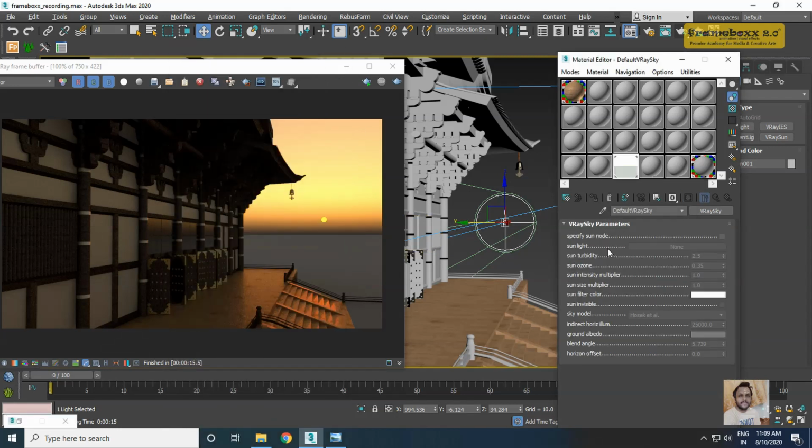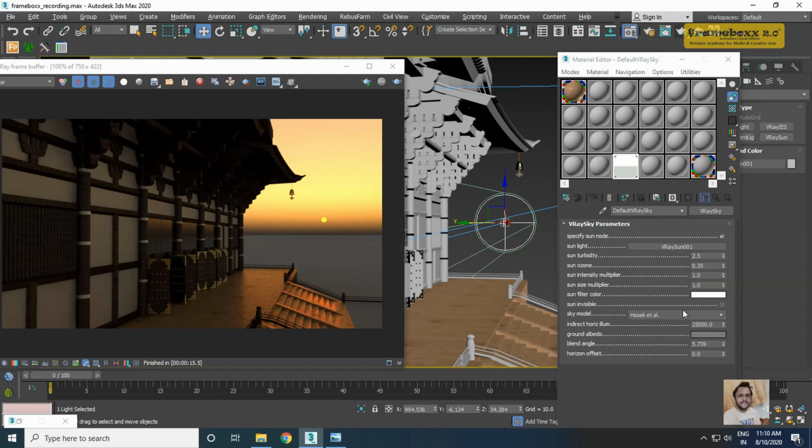After that, it is asking what is the parent sun node for this node. I will say specify sun node, and I will click the existing sun. By doing this step, you are telling the sky that this sun belongs to you and you have been parented or linked to that particular sun.